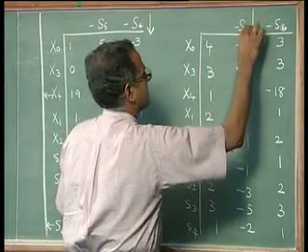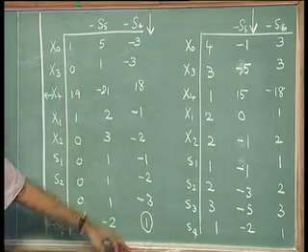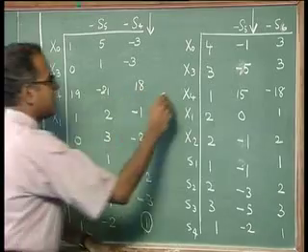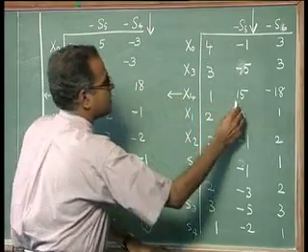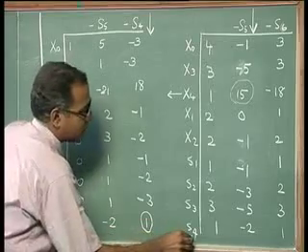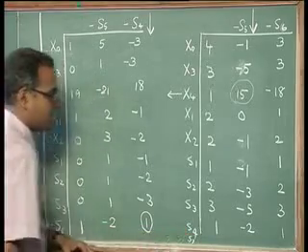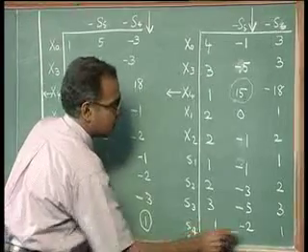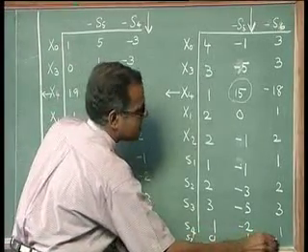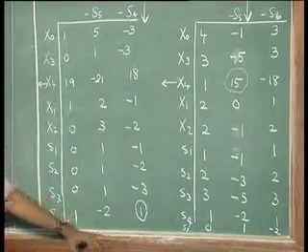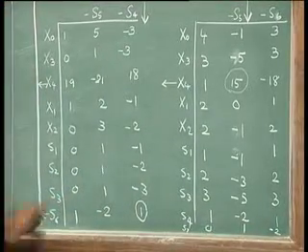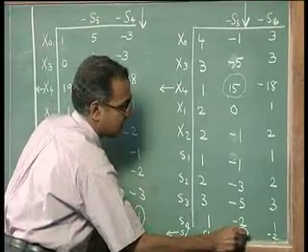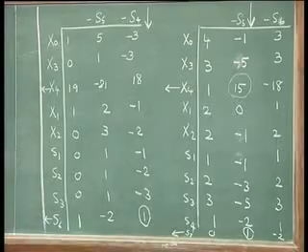So, this enters, and then we find that this is the only one that can be a candidate. So, this element will be a temporary pivot. So, we will introduce an S7 here, and there will be a 0, there is a 1 and there is a minus 2 that comes in. Now, this is the actual entering variable and this will be the leaving variable with this as the actual pivot. So, we do one more iteration here